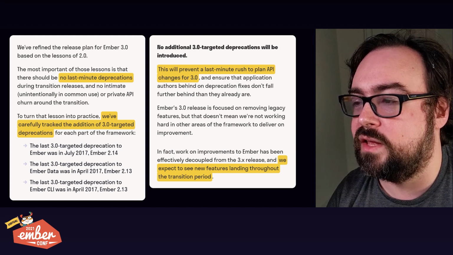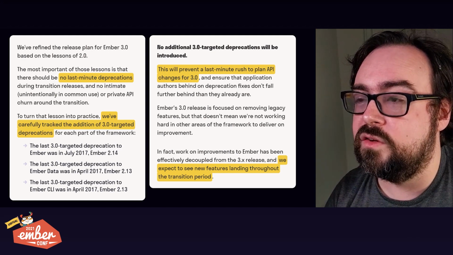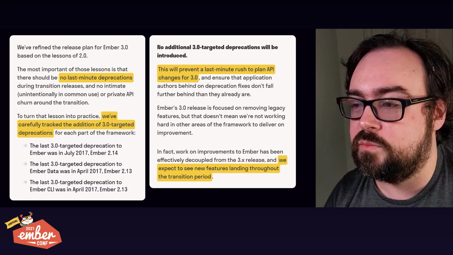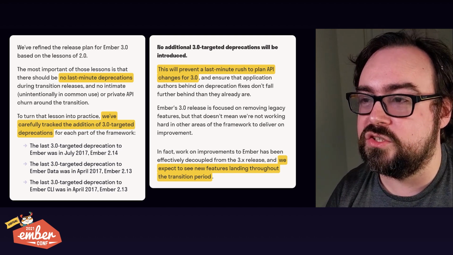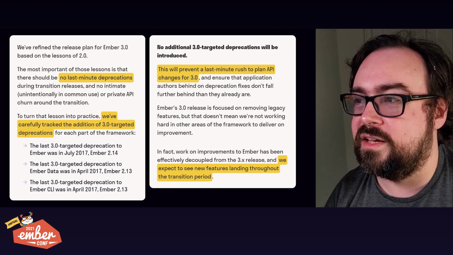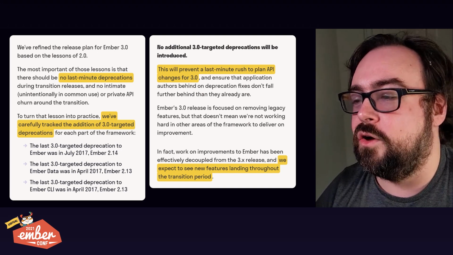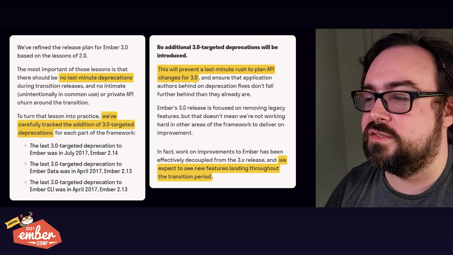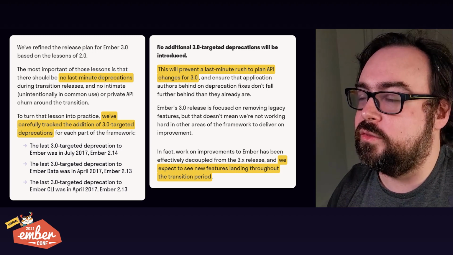So deprecations are kind of like reverse feature flags. For 3.0, we decided that we didn't want to introduce any deprecations at the last minute. So we said, there's going to be a deadline for deprecations. No new deprecations after the deadline. But wait, did I just say deadline? Did I just say code freeze? Actually, no. We can add new deprecations whenever we want after the quote-unquote deadline, but we just can't target 3.0.